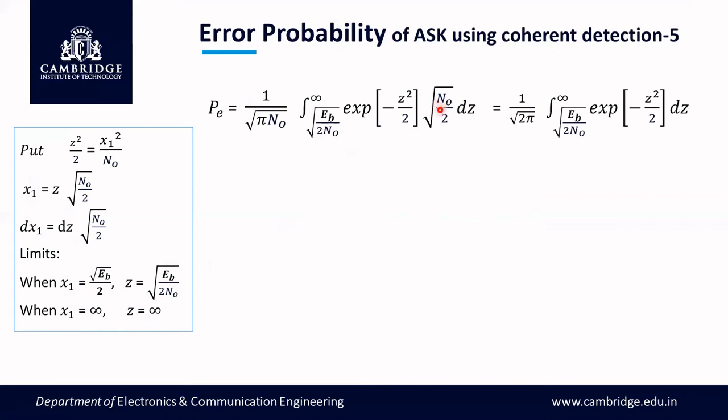See, observe here, root n0 and root n0 cancelled. And this root 2 is brought here. Finally, we get 1 by root of 2 pi. This is the constant expected in the Q function. It is there. So the integral from x to infinity, where the lower limit is the x value expected, is completely in the standard form of Q of x. So finally, we write the result. The probability of error P is equal to the Q function of x. X means the lower limit. Here the lower limit is root of EB by n0. This is the equation, which is basically the probability of error when symbol 0 is transmitted.